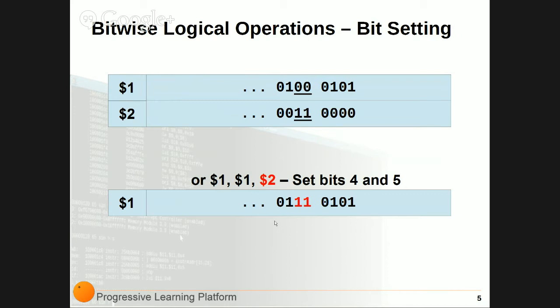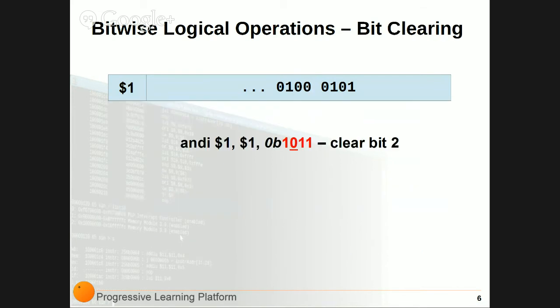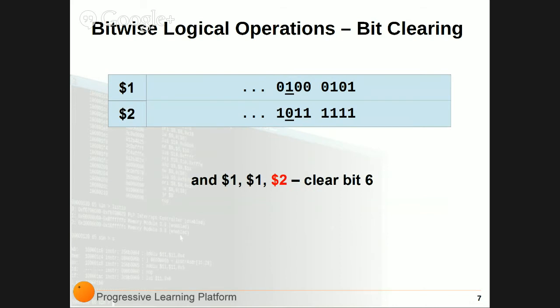Now you can set bits and do OR operation. What if you want to clear bits? How do you clear bits with logical operations? AND with zeros. What happens when you AND something with 0? It always goes to 0, yes. So for example, here, ANDI, similar to ORI, but just a different operation. You want to clear the third bit, bit 2. Boom. If you want to use the R-type, you just give it the second register, the clear bit 6. That's it. Bit setting and clearing.